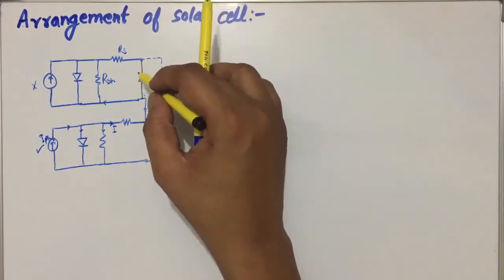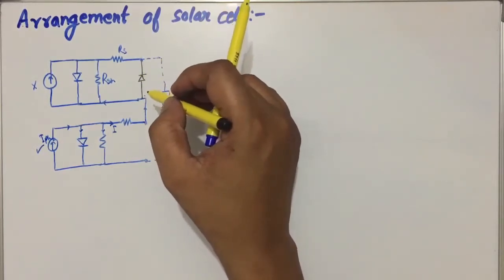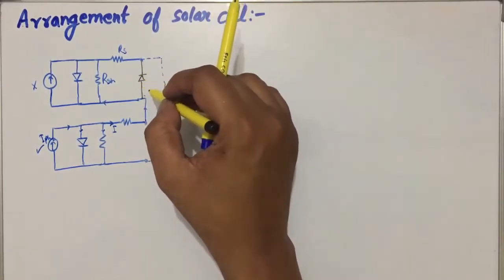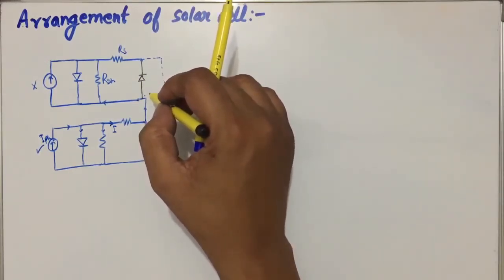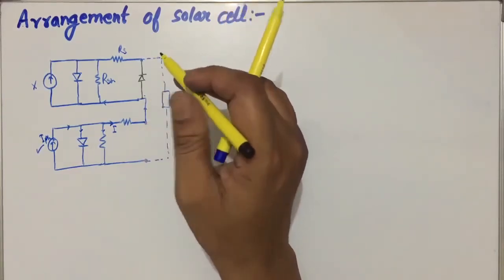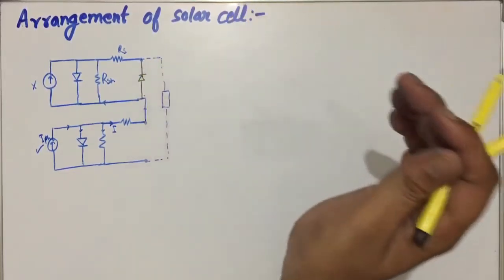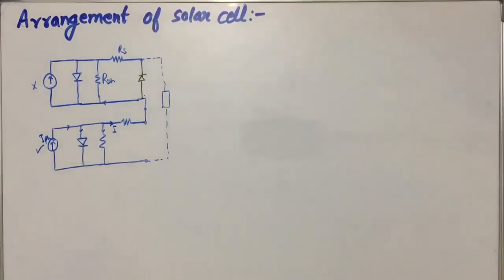But the additional diode has some disadvantages as well, because it is added. An additional component means additional cost, and since it is an electronic component, it will reduce the efficiency as well. So there are some drawbacks, but now your system will not be affected if any one cell is not working due to the shading.